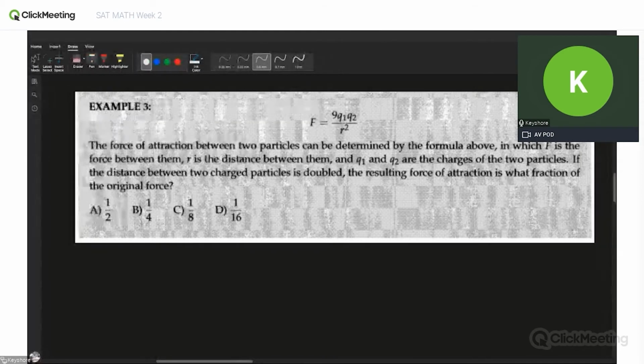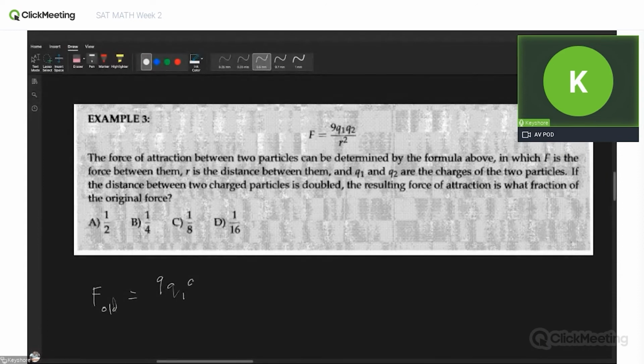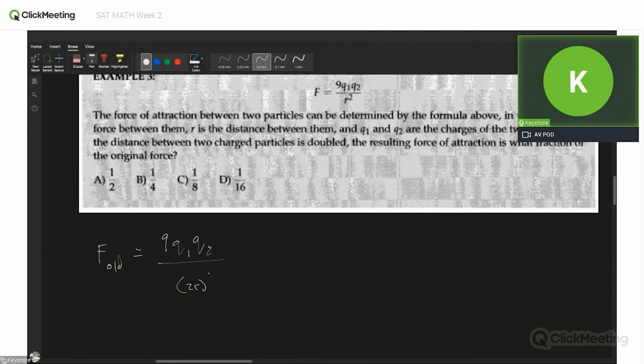All right, so let's go ahead and do this one. I'm already starting to see some answers. So basically, let's just rewrite the formula. We'll say that this is force old is equal to 9 q1 q2, and the only thing we're changing here is the radius. We've just doubled it. So I'm going to replace r with 2r squared. Remember, I'm not just doing 2r squared. That's wrong. We're replacing this entire quantity here with 2r, and so we have to write it like this, which now implies that